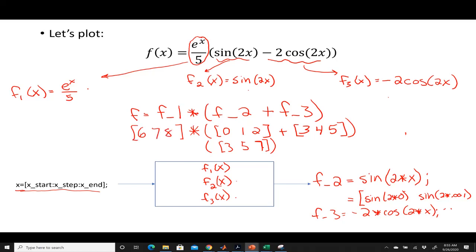Okay? And you should see that F1, F2, and F3, if they were all created with the same x vector, are all going to have the same number of elements. In other words, they're all going to have the same size. All right, so if I looked at trying to multiply these results, 6, 7, 8 by 3, 5,